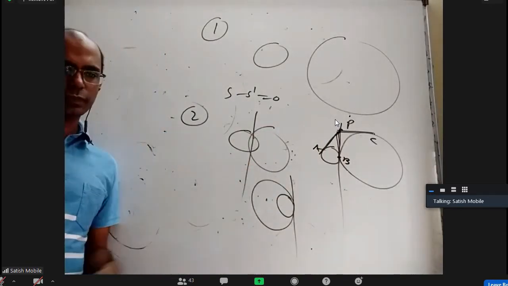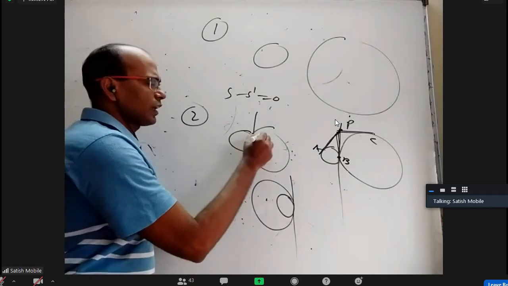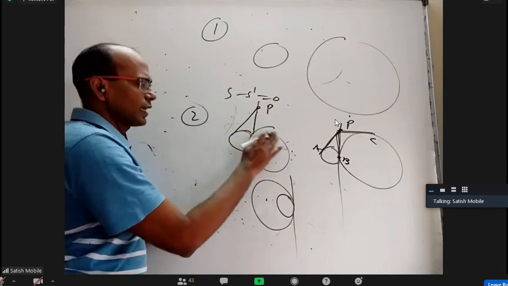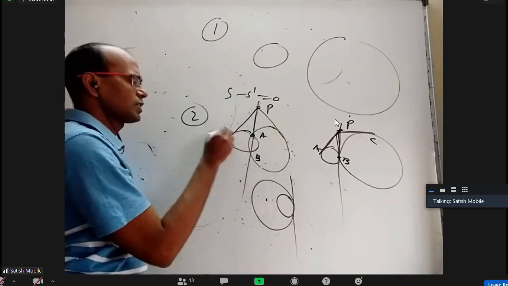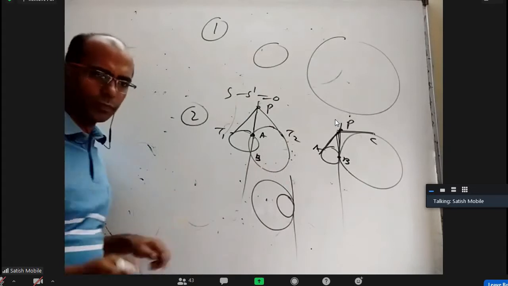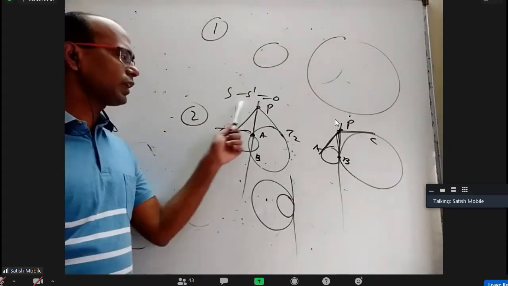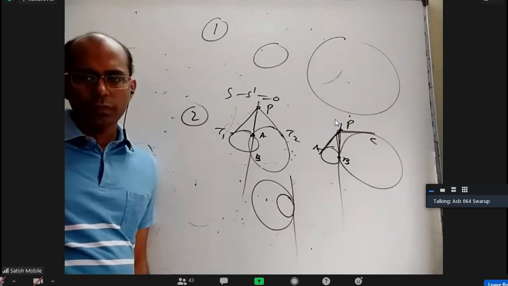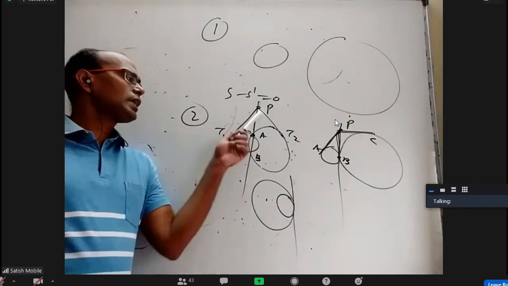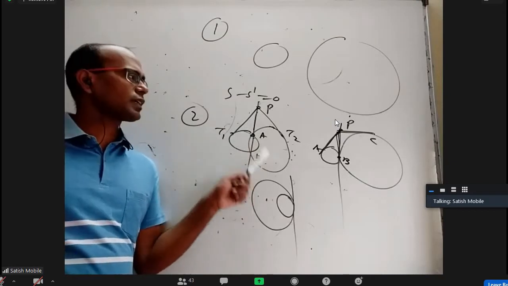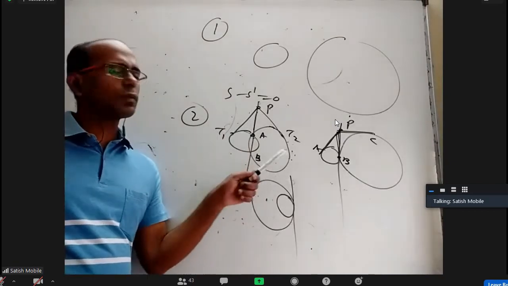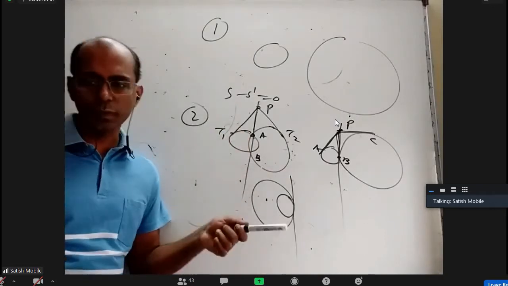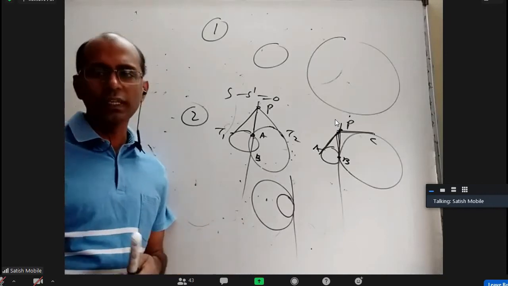They're also the same logic. But coming to this, if I call this point A, this point B, any other point P, and draw two tangents here, one to this circle and one to this, I'll call them PT1 and PT2. Can somebody tell me why PT1 and PT2 should be equal? Sir, PA into PB is equal to PT2 square and PT1 square. Yeah, power theorem. PA into PB with respect to the first circle is PT1 square, with respect to the second circle is PT2 square. So PT1 square equals PT2 square, that is S11 equals S'11. So if you take any point on the common chord, the power with respect to both circles are equal. That's why it came identical with the radical axis.